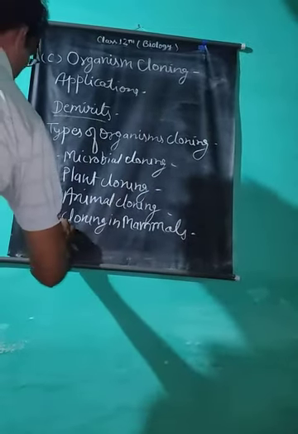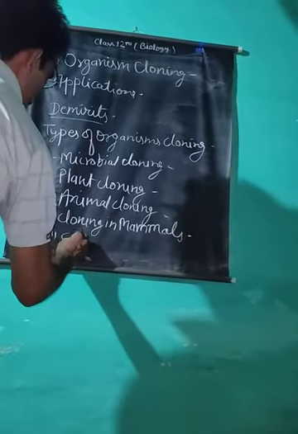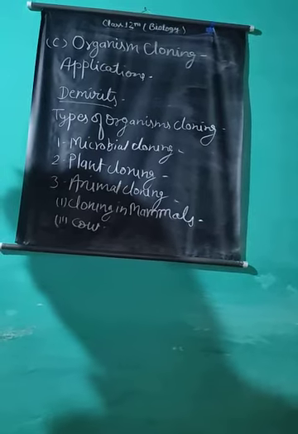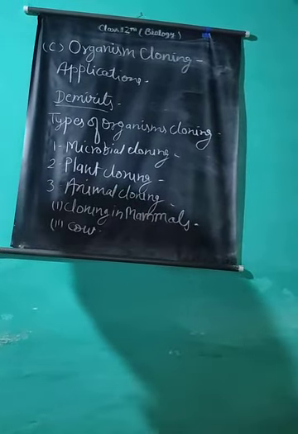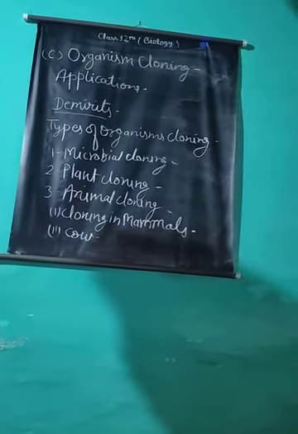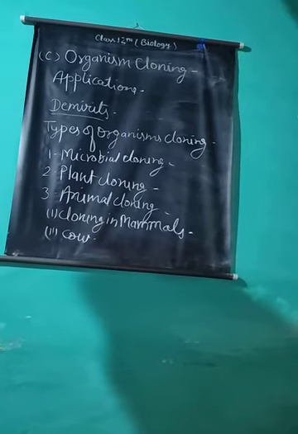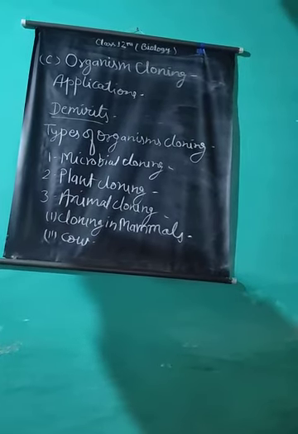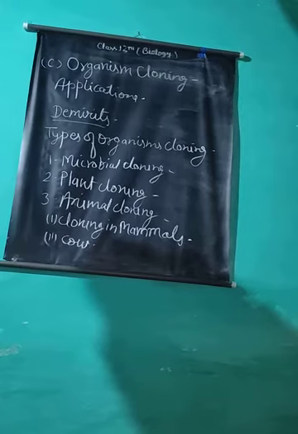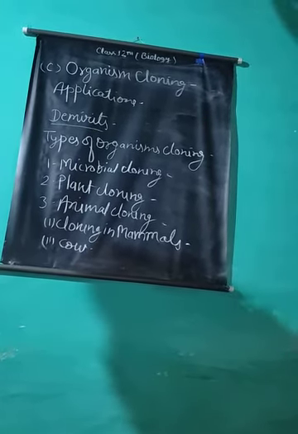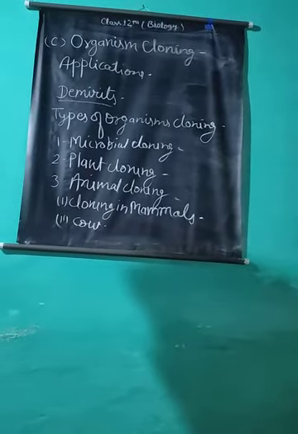Cloning in cow. Japanese scientists succeeded in production of 8 clones from an unfertilized egg. For this, they isolated a developing embryo from the womb of a cow at the 8-celled stage. These 8 cells are then separated from each other with the help of enzymes. When placed over culture medium, these cells start to proliferate and form microembryos.